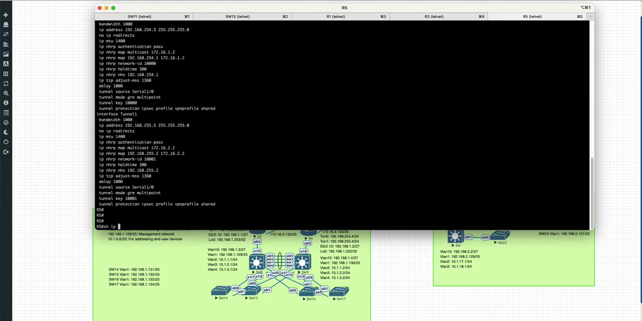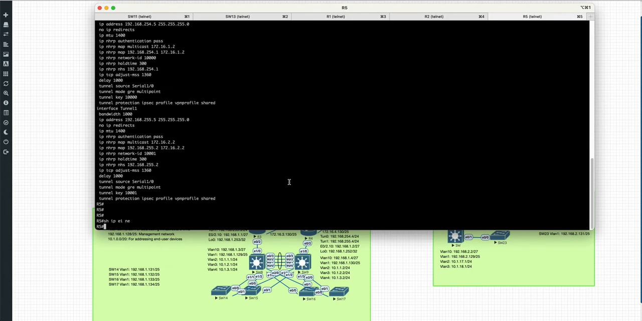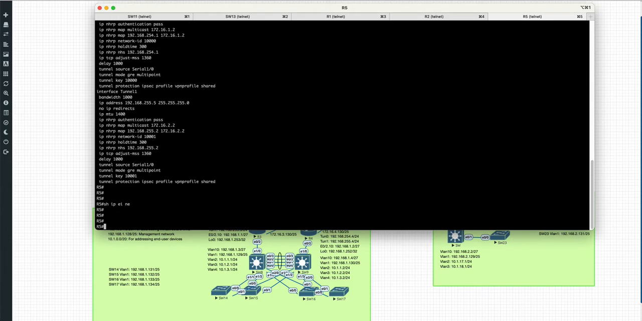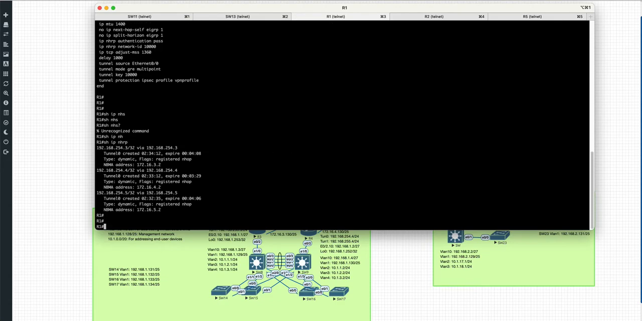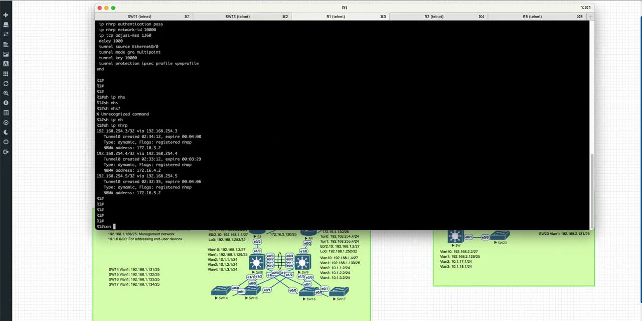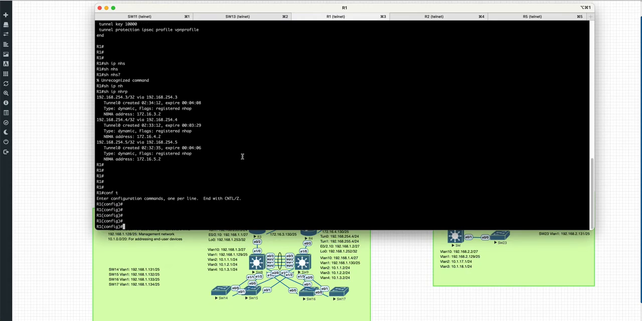Let's check the show IP EIGRP neighbors command. As you can see, there are no EIGRP neighbors because the EIGRP routing protocol has not yet been configured on R5 as well as on all other devices. So let's start the configuration of EIGRP with the R1 router. We have to go to global configuration mode, from which we jump to router EIGRP configuration mode. For this purpose, we use the command router EIGRP